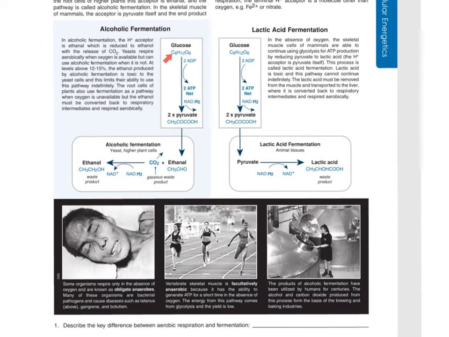So glucose, C6H12O6, makes pyruvate. But if there's no oxygen, you can't do cellular respiration. Why? Because the whole chain backs up. We just talked about it, right? But your body doesn't want to die. It wants to try to live. It has to find another way of doing it. So the yeast don't want to die just because they don't have oxygen. So they try to find something else to do. They take that pyruvate and they make ethanol. Not us, they do.